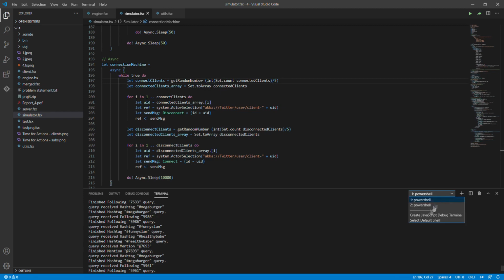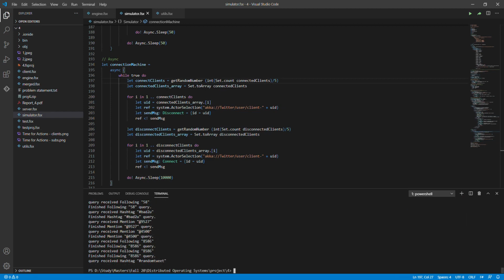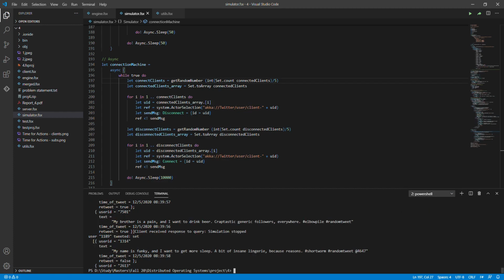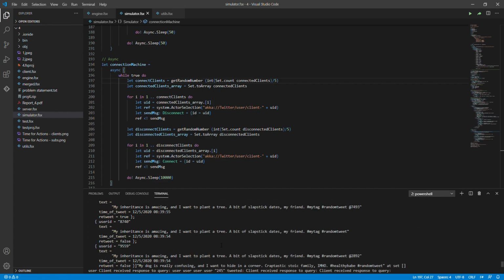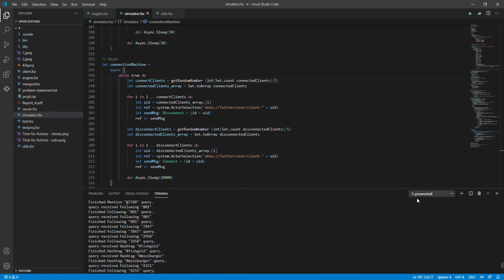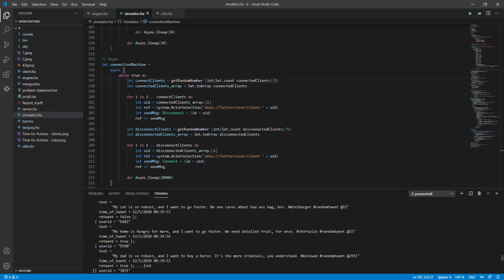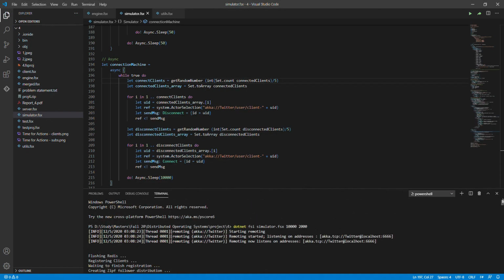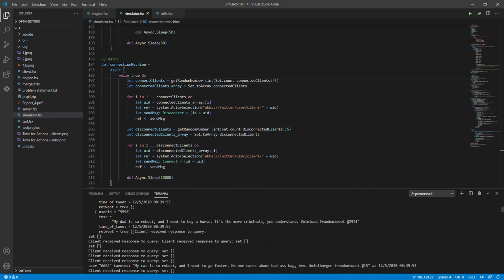So here on the client side, we get all the queries received from the simulator, that is a mention query, and then after the response has been received, it just says finished query. So now we can see one of the queries here. This was on the server side, it receives a query and it finishes the query, and on the client side you get all the printing done.